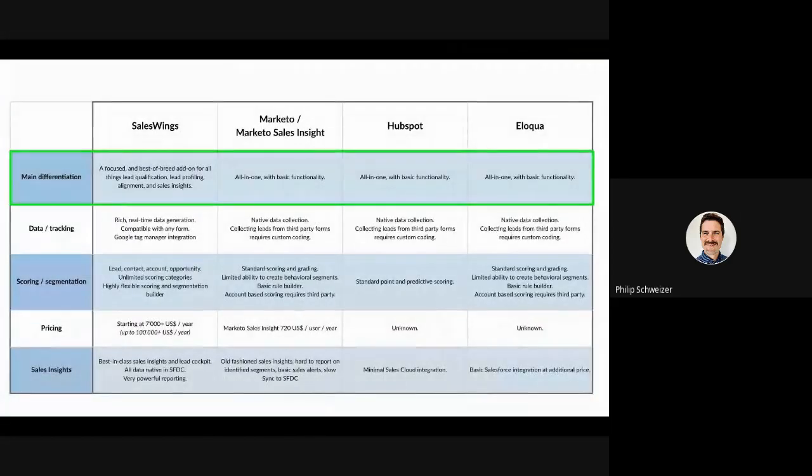But I think overall, if we look at SalesWings lead profiling, sales and marketing alignment, and insight capabilities, I would simply like to point out we're a best-of-breed solution. While Marketo, HubSpot, Eloqua, and some of these other tools do offer functionality in that area, it's sort of part of the core, whereas we are strong experts in these domains and really provide a solution that can outcompete those competitors.